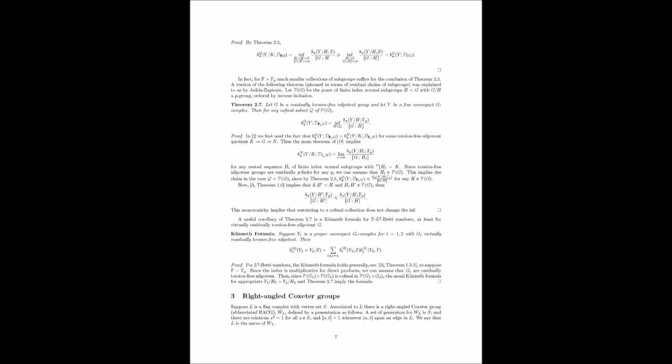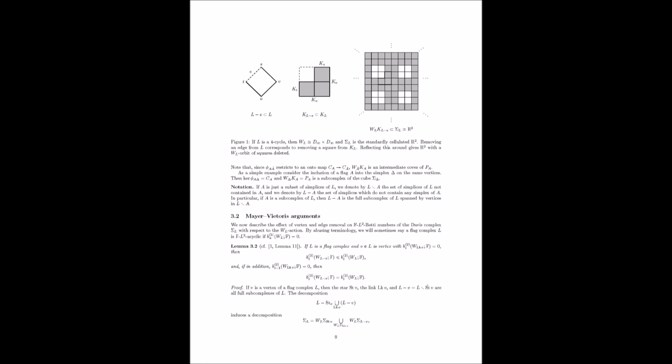This is all really interesting, but I have to admit, my brain's starting to feel a bit overloaded. Can we do a quick recap of what we've covered so far? Sure. We started by exploring these right-angled Coxeter groups, how they're structured, and how they relate to the Singer conjecture. We talked about the tools mathematicians use, like Linnell skew fields and those Mayer-Vietoris arguments, to study these groups. Right, and then how subdividing the Davis complex, specifically using relative barycentric subdivision, allows the authors to really analyze the L2 homology of these spaces and then prove the Singer conjecture for those